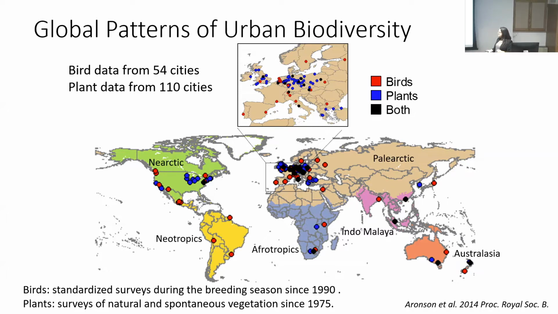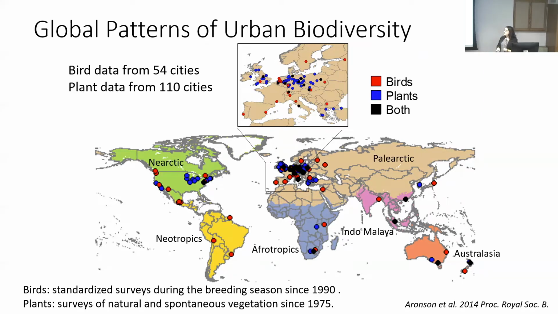And so one of the first studies I did, with a group of other ecologists and biodiversity scientists across the world, was to collate data from many different cities across the world on bird data and plants. So the city floras and city avifaunas. The city floras were only spontaneous species, so not cultivated species, or plant species that need human intervention to live in the city. So they could be non-native species that escaped cultivation, but also includes many of the native species